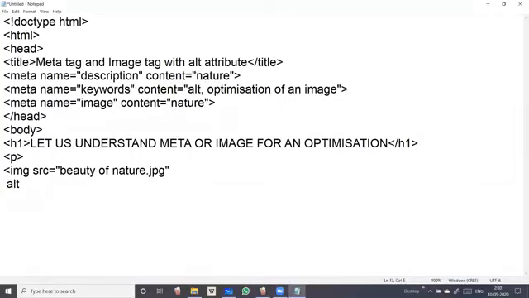Now here, students, you have to see this: if the image is displayed, you won't see the alt attribute. But if it's not displayed, then you will have the alternative text, that this one is the beauty of nature, you can say.